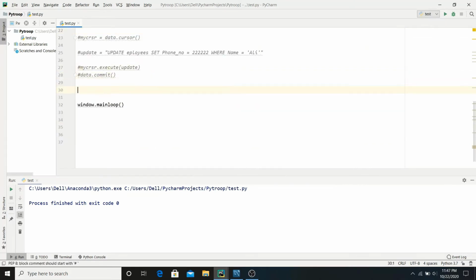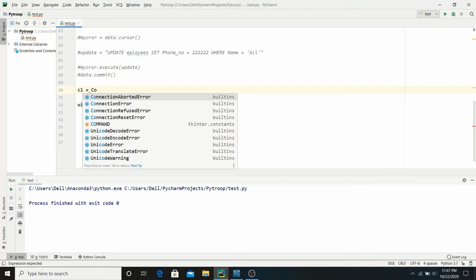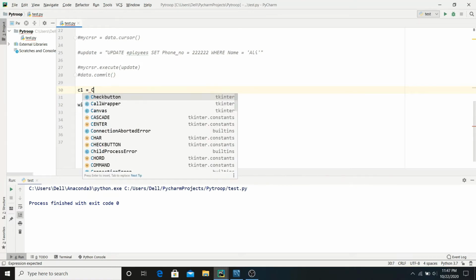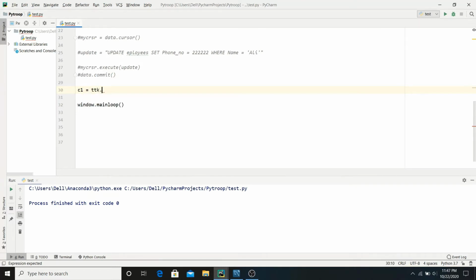So let's create our first combo box. Let's say C1 is equal to ttk dot Combobox, and we want it in our window.